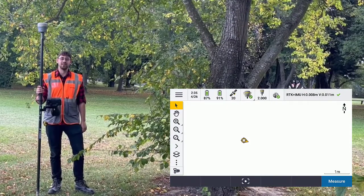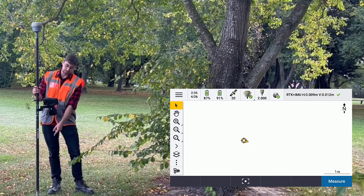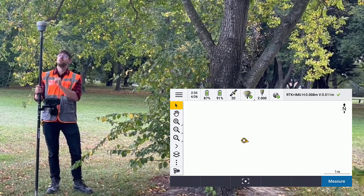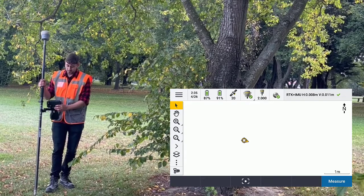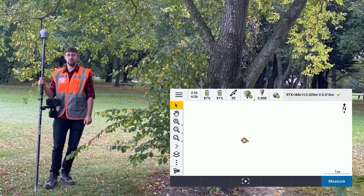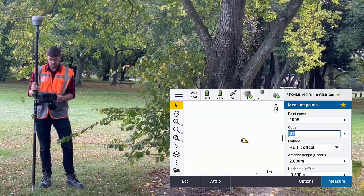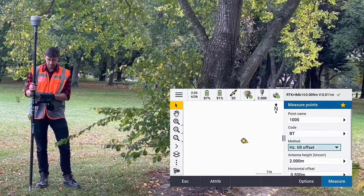Often when you're surveying, you want to measure the center of an object, but you can't reach it with the tip of your pole. With the new horizontal tilt offset, you can use your IMU-enabled receiver to define the offset direction in the direction that you tilt the pole. So to do that, you simply go to measure, measure points, change the method to horizontal tilt offset, and set